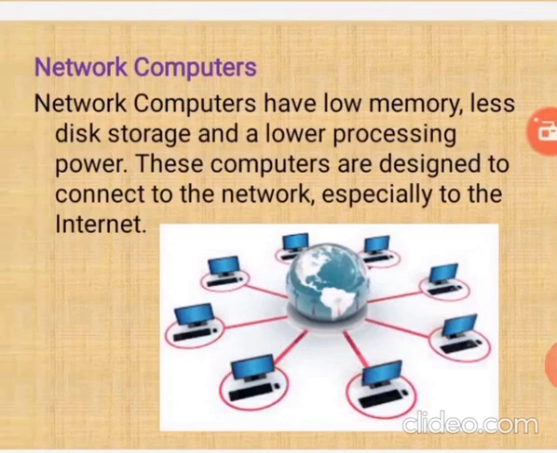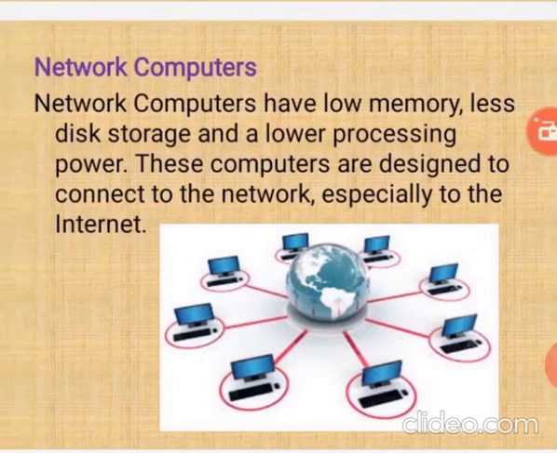Second one is the process unit. CPU, the central processing unit, commonly known as CPU, is the most important unit where all the processing work is done. The CPU is the control center of the computer and hence it is said to be the brain of the computer. Okay. Understood? CPU controls all the activity. Whatever input we give, it processes inside and gives you the result. So that is called the processing unit.